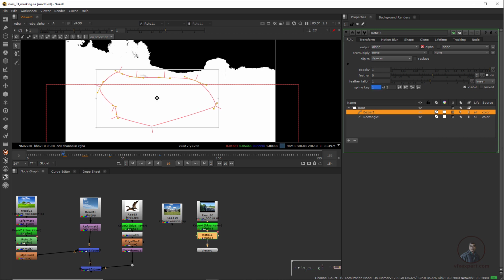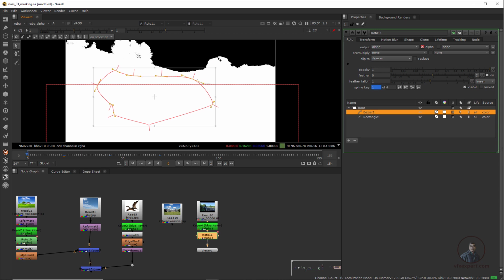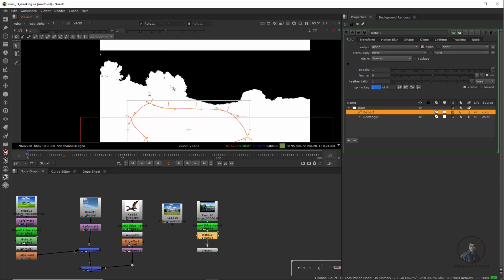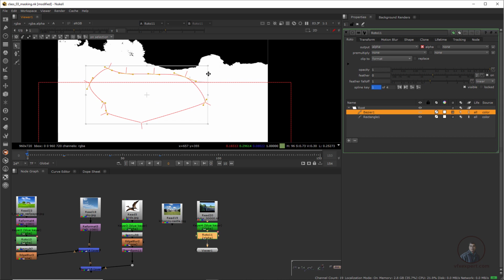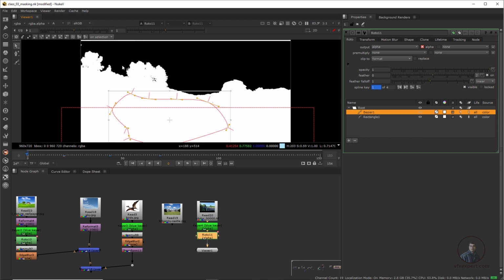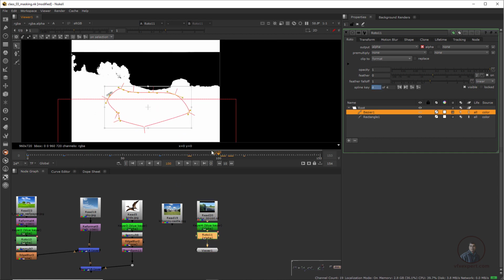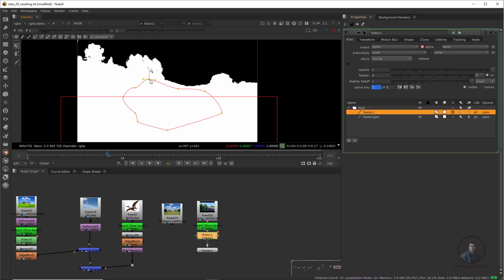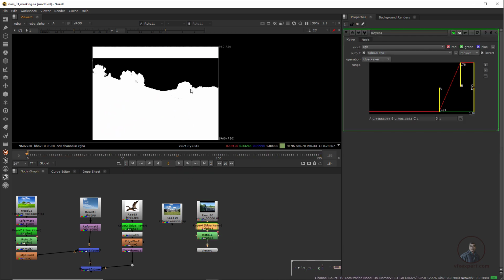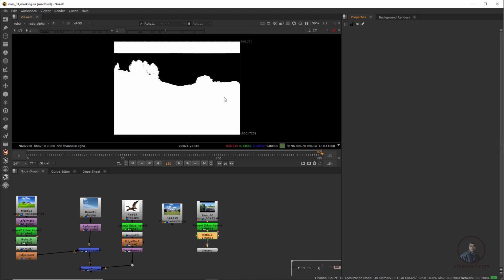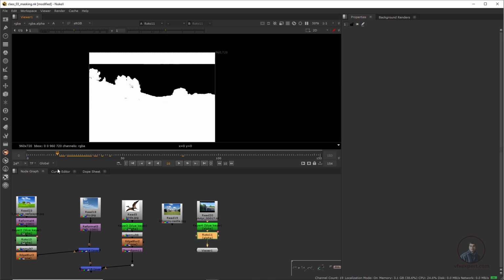Now you can see the edges are clear here. Edges are important because we can't create our mask there. Inside this area we can easily create it, but on our edges we can't create a mask with the help of roto. So this is important for this keyer. Okay, now just animate fast. Now I have created our final matte here.